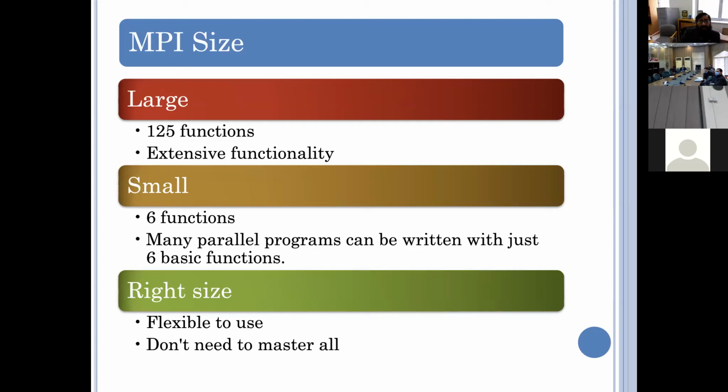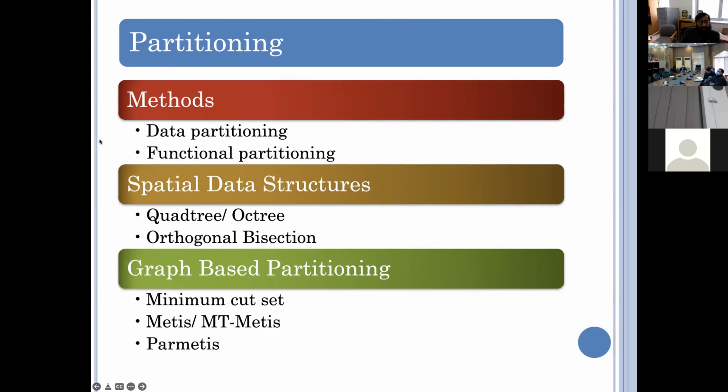So we can say MPI is large because you have to learn 125 functions. MPI is small, you just need to learn only 6 functions. Technically, I would rather say that is the right size based on use. For example, most of the time I am working as a computational scientist. Probably I need to learn only 10 or 12 functions, no more than that. As a data scientist, probably you need to learn 15 functions, no more than that. So it is the right size. It depends upon your utilization. You just need to remember those functions. You can easily write the programs using MPI.